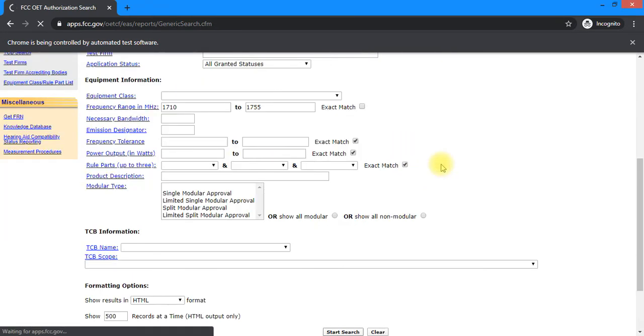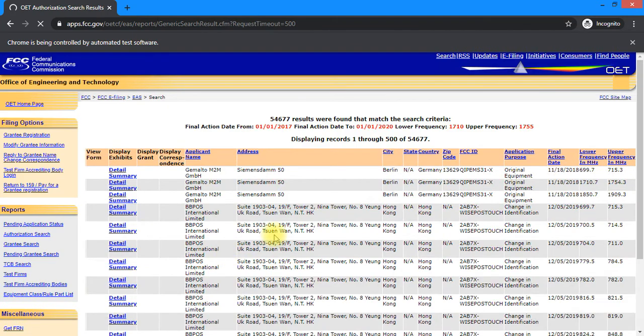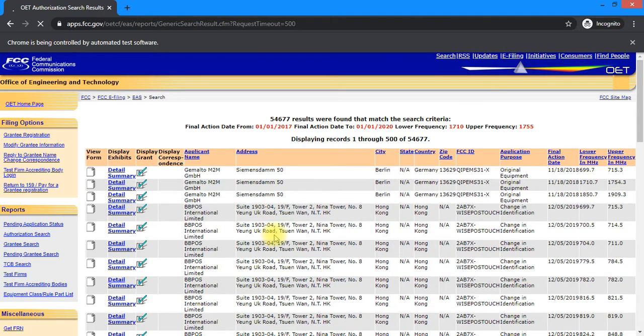And now keep patience, because it takes some time to load all the records. Every time it will set this ratio to 500, so you don't need to set this ratio every time.